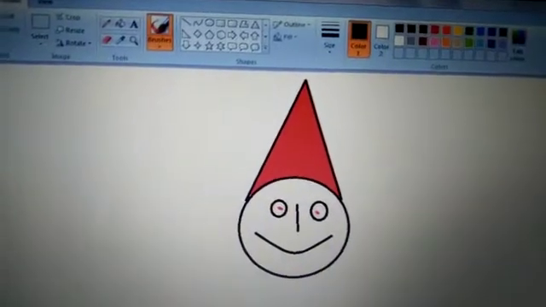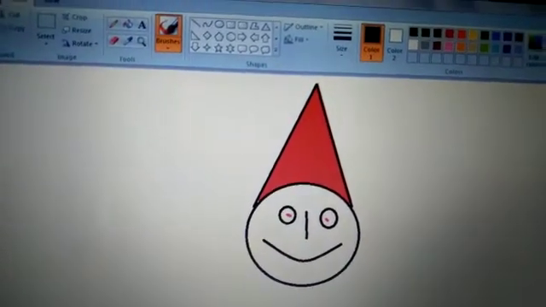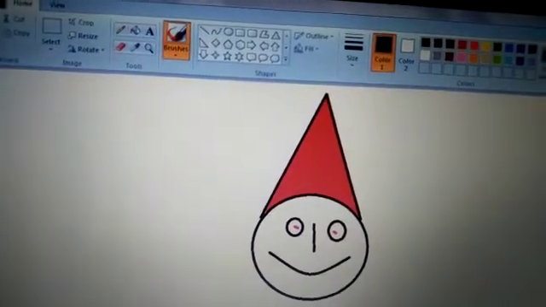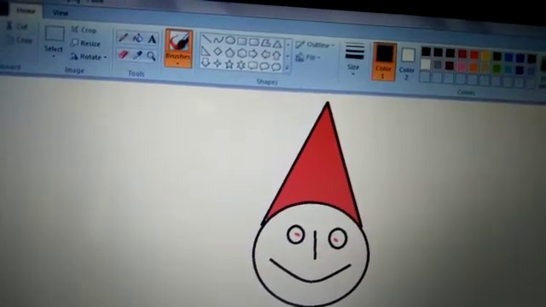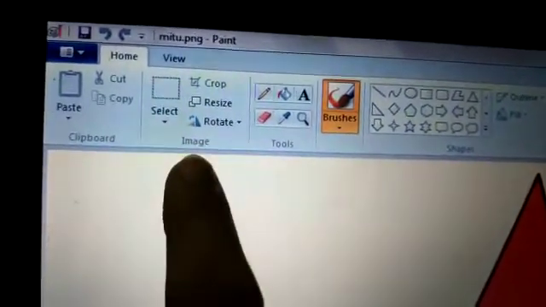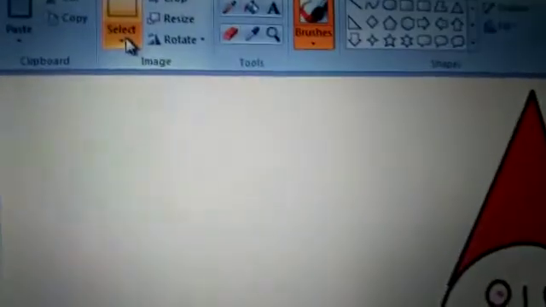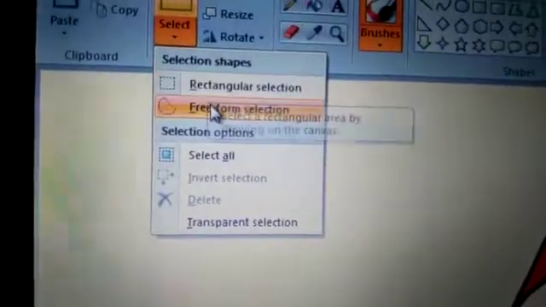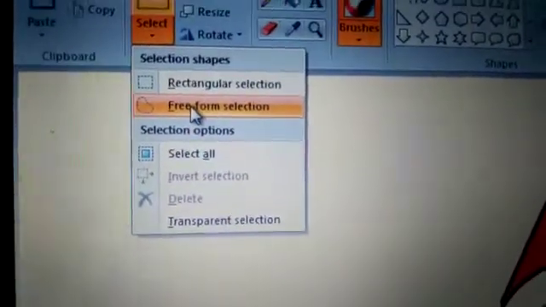Now I want to do editing, and for doing editing, first we have to select the image, and to select the image we have to use the Select command in the Image group. See, the Select command has two selections, rectangular selection and freeform selection.